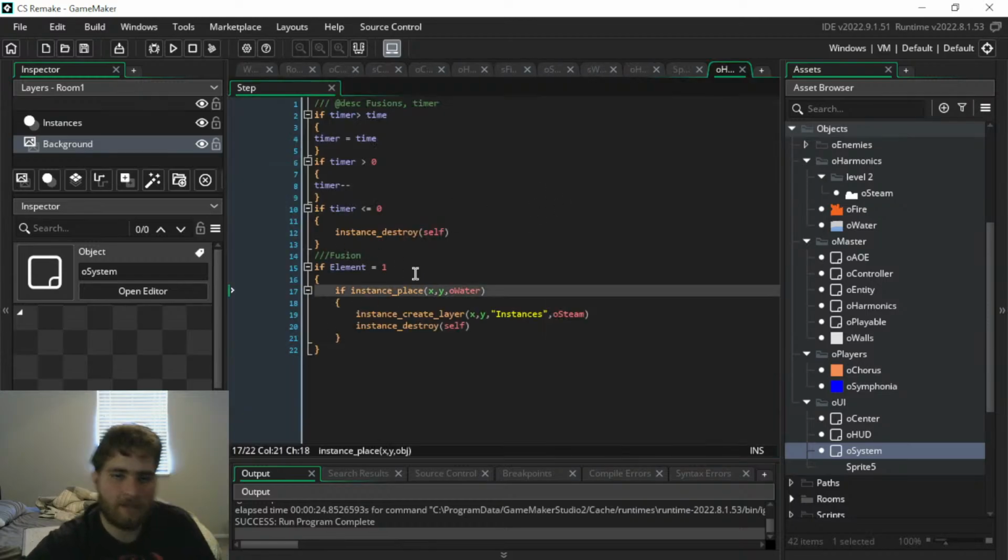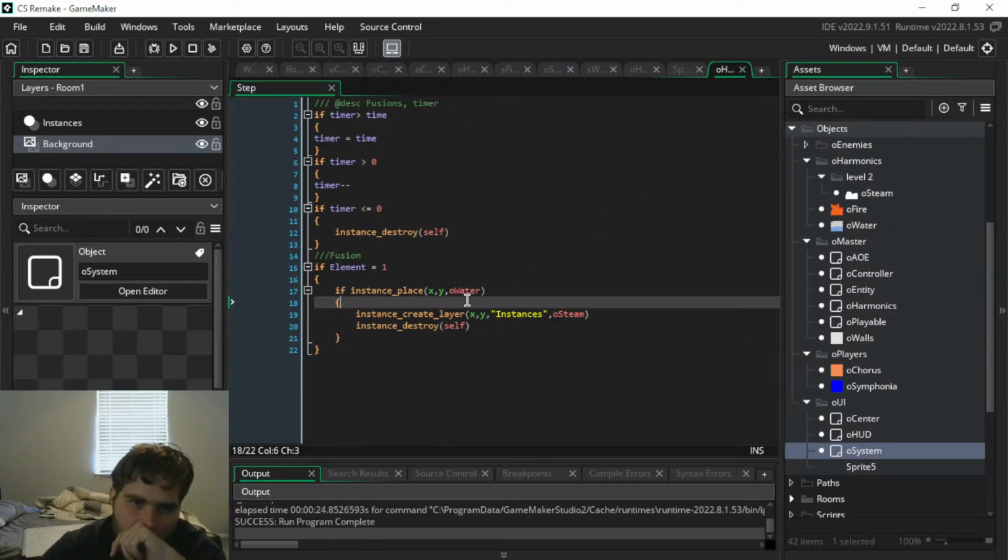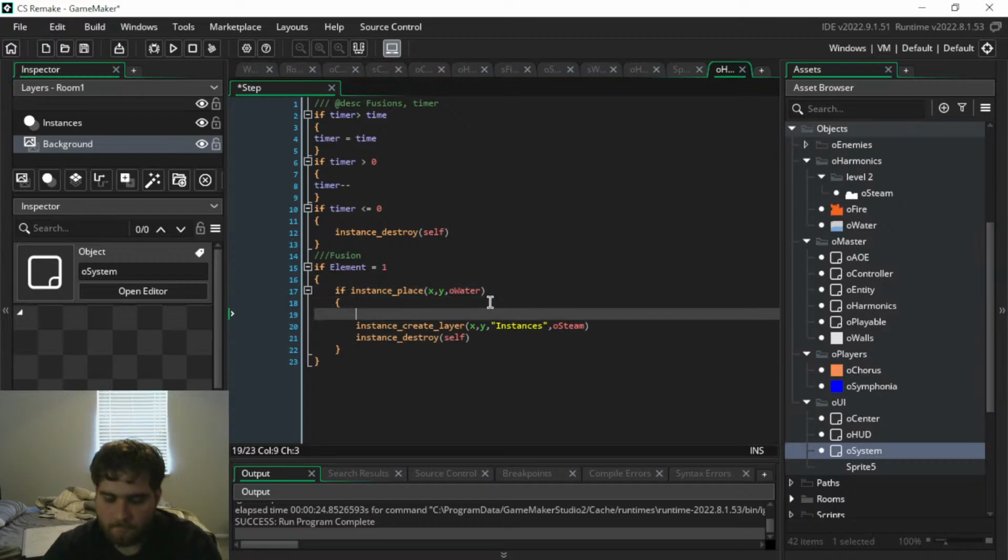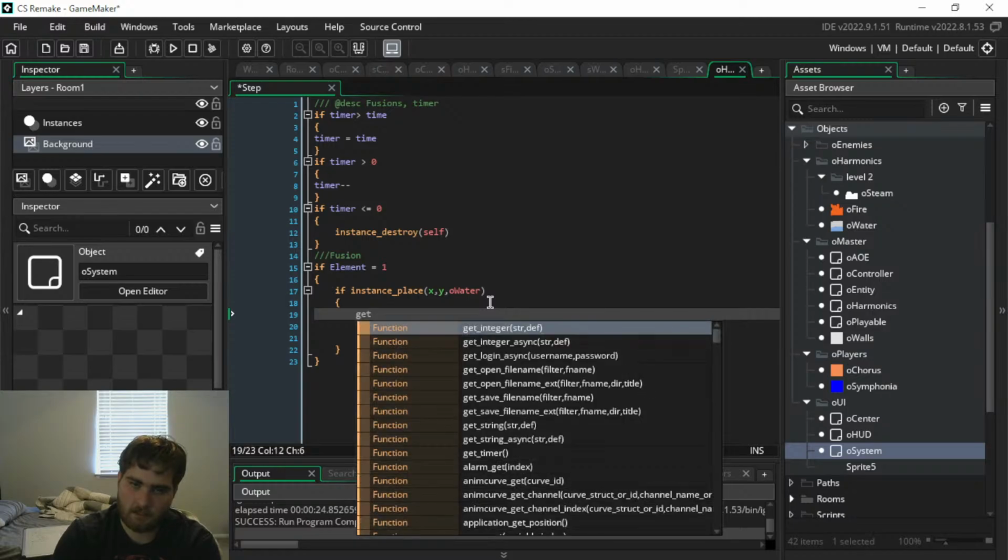Alright, so if instance place x, y, o water, etc. Instance create layer, instances o_Steam. And it will get